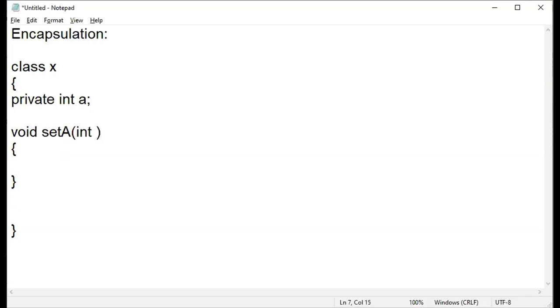So just remember this. Now I can specify this.a = x. So what is the concept? Encapsulation, in the sense, is protecting your instance variable. From whom are you protecting it? I am protecting it from others, so they cannot reach that particular element directly. I'll give you a small example.